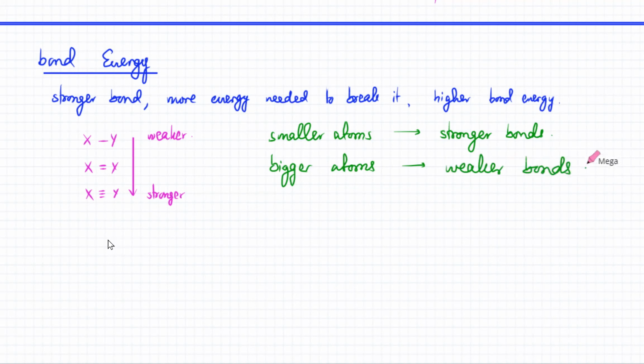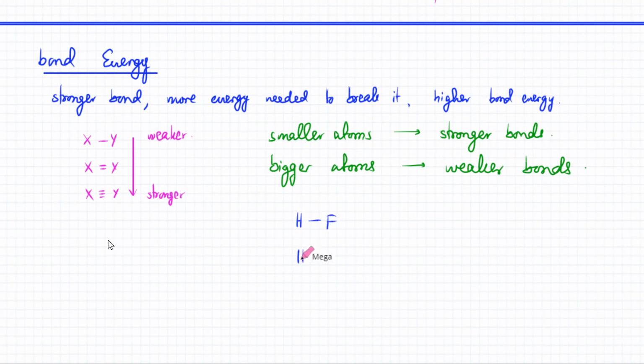So as a rule of thumb, smaller atoms always make stronger bonds. Bigger atoms make weaker bonds because bigger atoms are further away from each other. So there would be some questions where they would ask you to predict the bond energy. For example, they might ask you about these